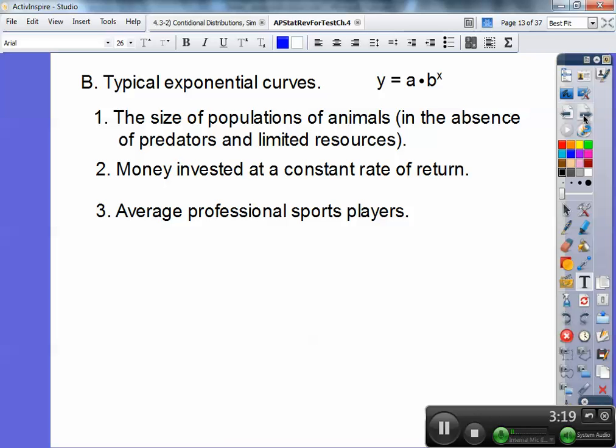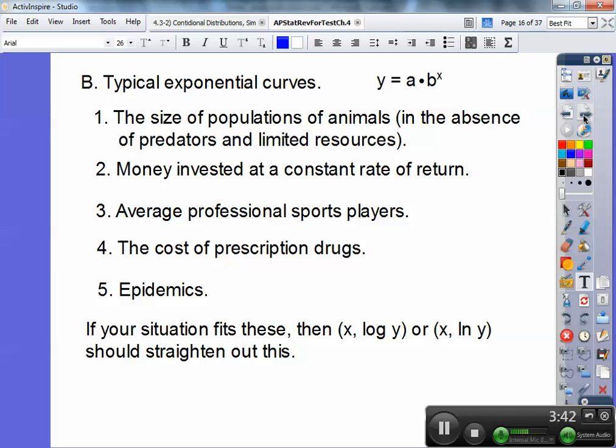Average professional sports players' salaries have grown exponentially, particularly baseball players. And that football player who won the Super Bowl has the highest paid salary, by the way, total exponential. The cost of prescription drugs and any epidemics, like flu epidemics, tend to be exponential. If your situation fits these, then x log y or x natural log y, that's what ln y means, should